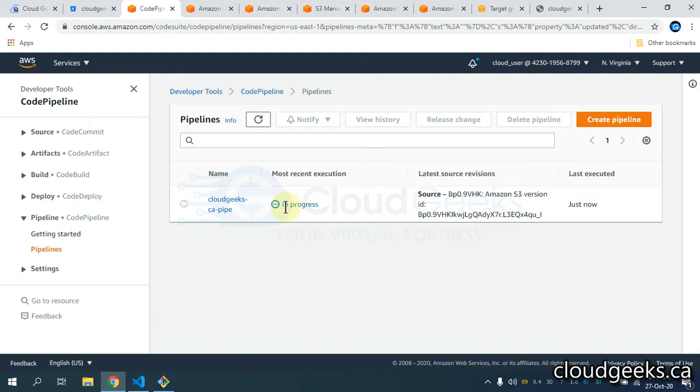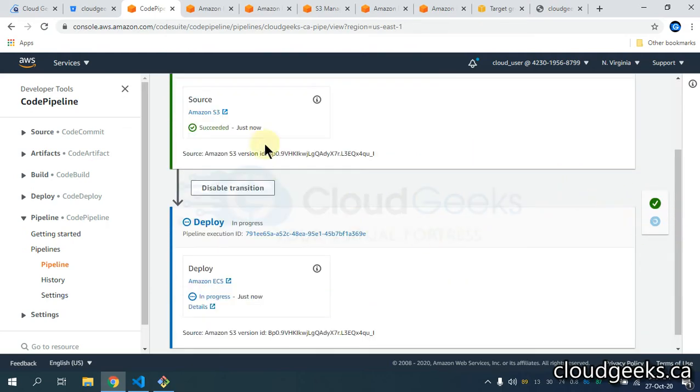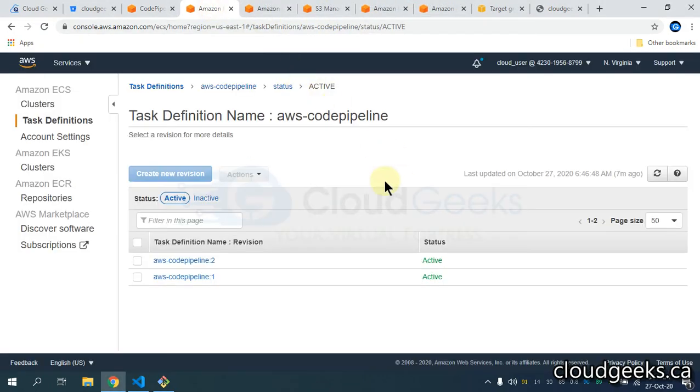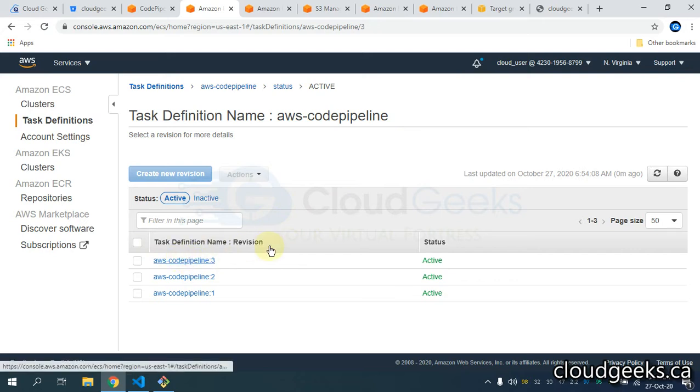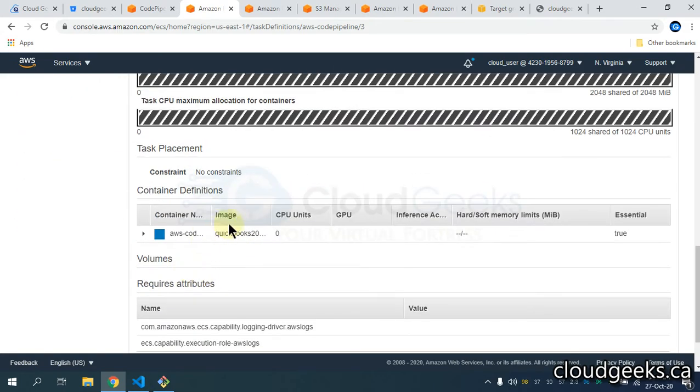So whether your image is in Docker Hub or in ECR, this process is going to be the same, as I told you. I will also show you the process with ECR as well. If I click my pipeline, you will see this pipeline is triggered. And if I navigate to the sections, simply refresh it. First of all, see the task definition. You see a new task definition is created, and in that particular task definition, you will see the container with the name, with the image, this one.